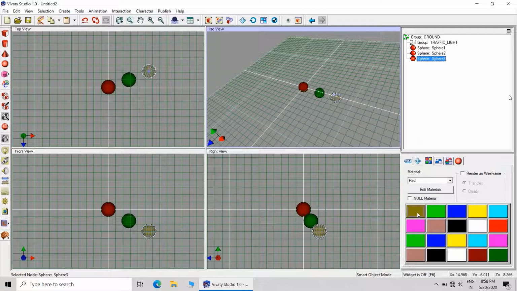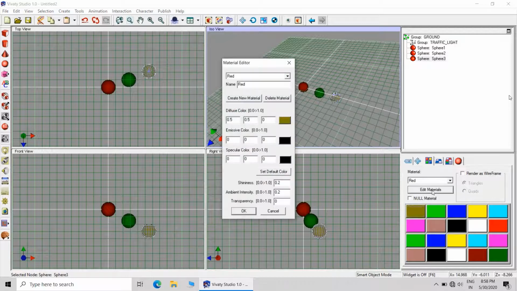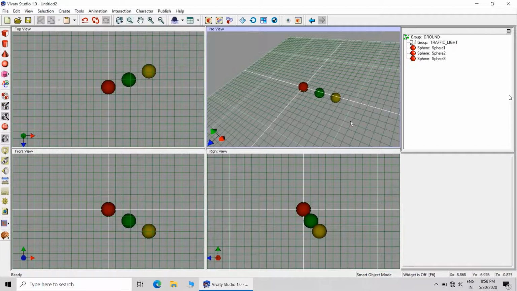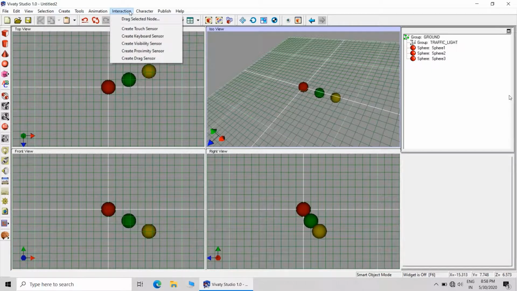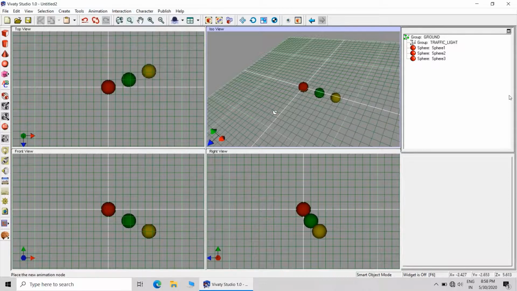So here we have completed the creation of spheres with an appropriate shade within each color. Then shininess, ambient intensity, all these values are the default values. So that completes the creation of the colors.